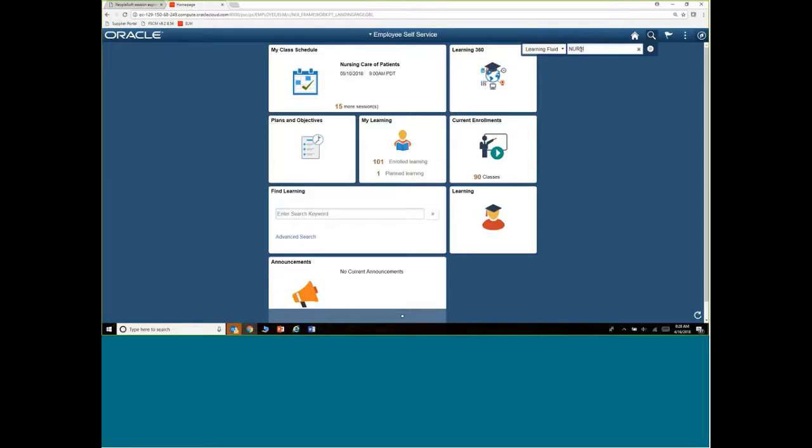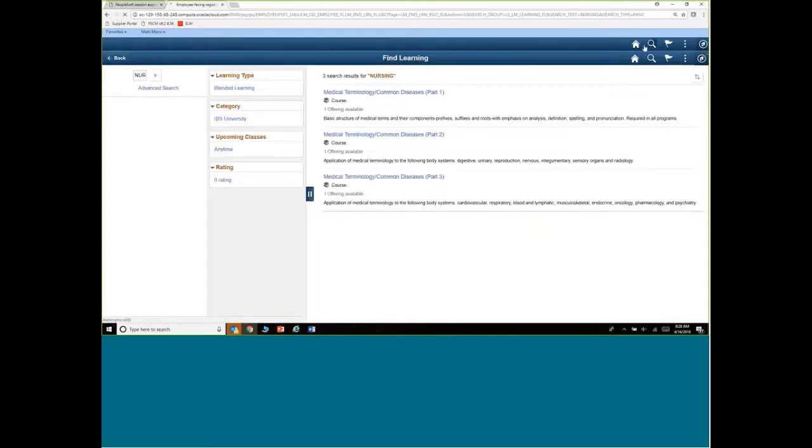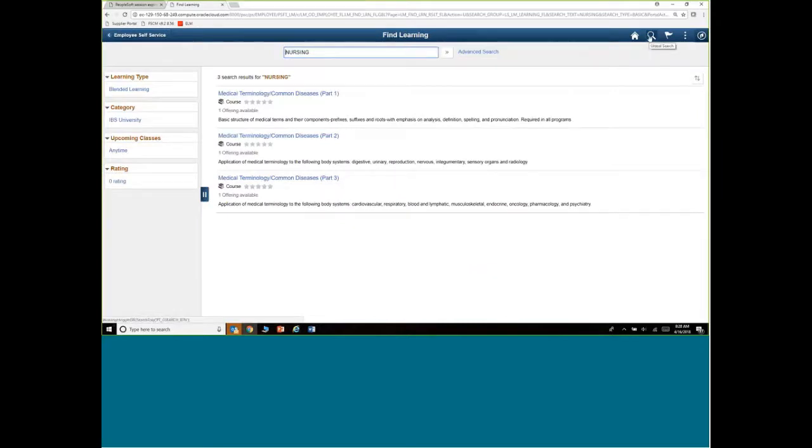And you would probably want to set it up with just one index, because those search categories or indexes that someone sees are security enabled as well. So for the general user, you may just have one index. You see here that what came up for me was a list of courses that have nursing somewhere within the course curriculum or instruction. You see here on the left as well,